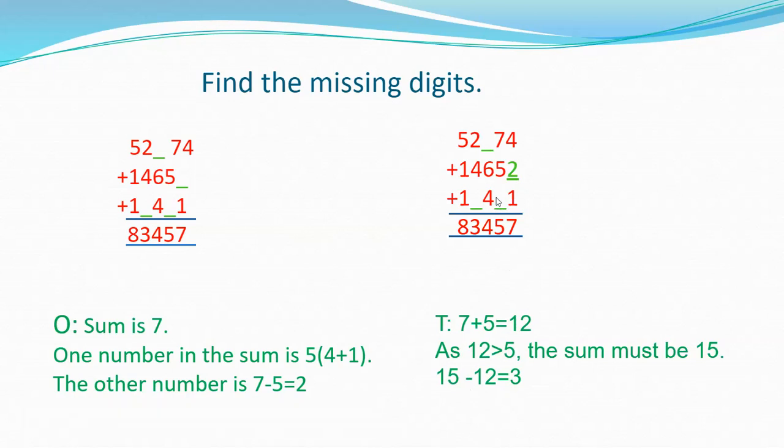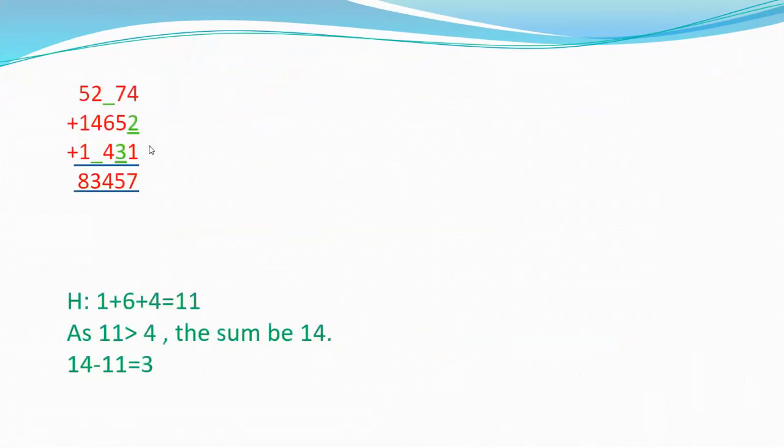That is 3. Next one, we will find the missing number from the hundreds. I'll show you one example of the same question for the 100. Look here, we got the first 4 plus 2 plus 1, 7. 7 plus 5, 12, plus 3, 15. 5 we have written, 1 is carried. So 1 is carried means 1 plus 6 plus 4 is equal to 11.